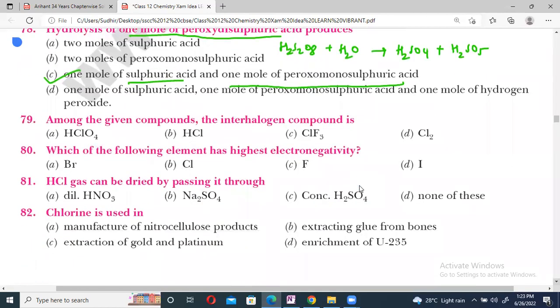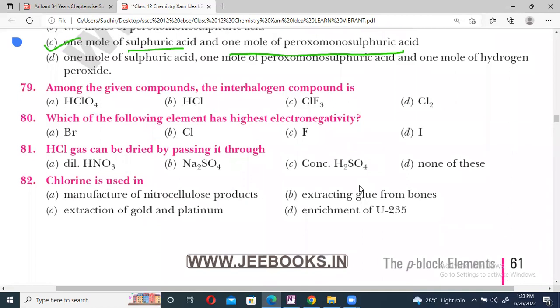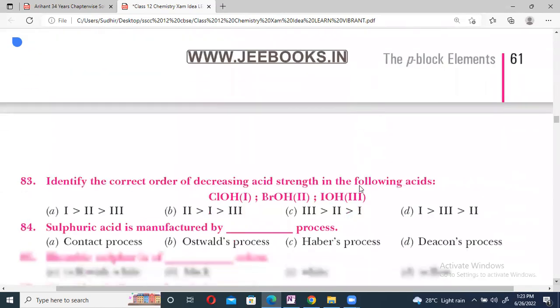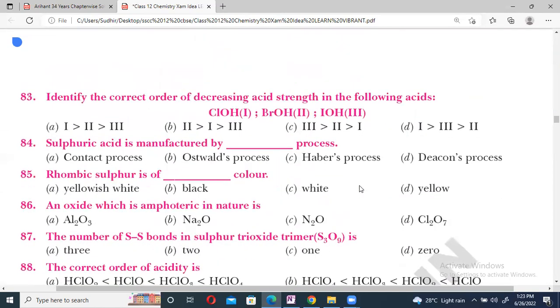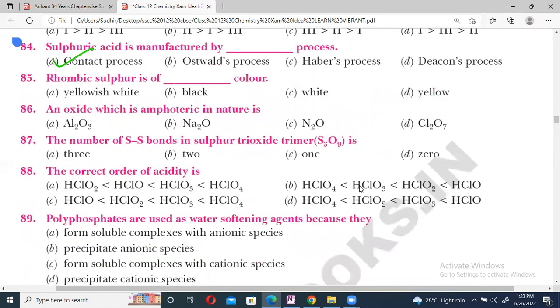79, 80, 81. HCl gas can be dried by passing through concentrated sulfuric acid. 82, 83, 84. You can answer it, it is very simple. Sulfuric acid is manufactured by the contact process. 85. Rhombic sulfur